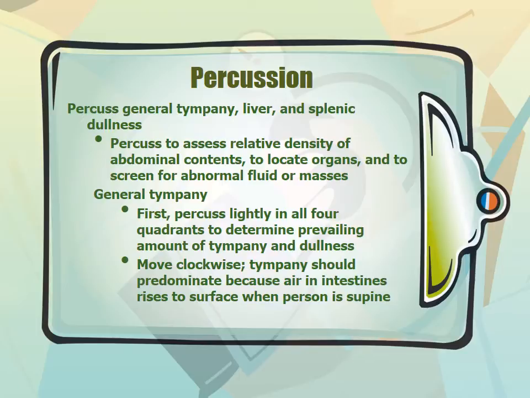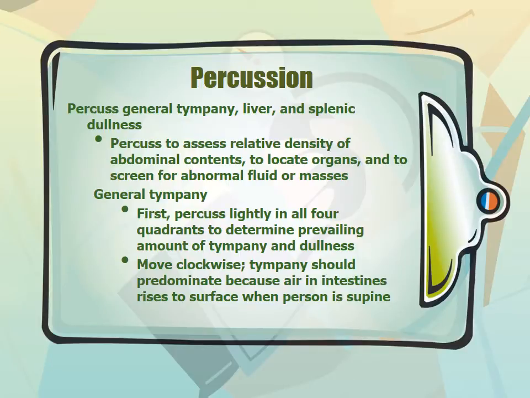We said that in the abdomen we are going to hear mostly tympany. In the liver and spleen areas, we should hear dullness, right? Because it is going to be solid there. We're going to percuss to assess the relative density of the abdominal contents, to see whether there's a lot of stool built up, whether there's a lot of gas built up, whether we're hearing fluid. It's also done so that we can locate the organs,